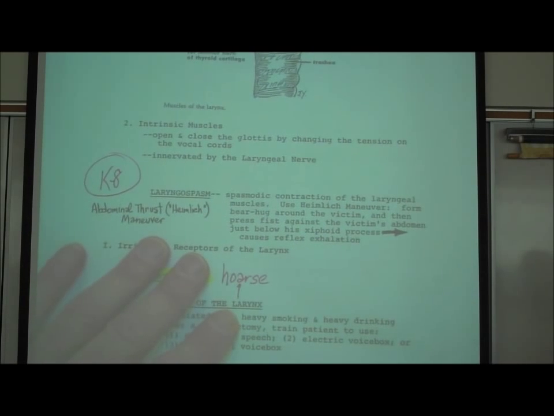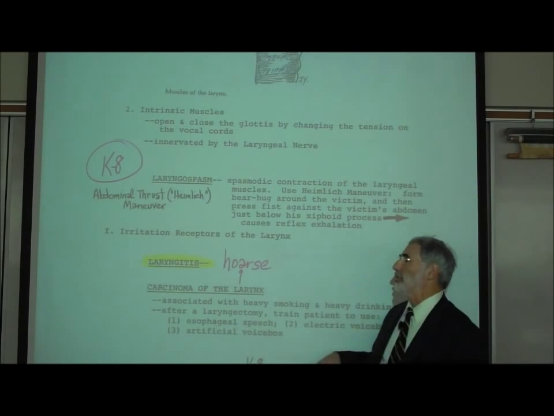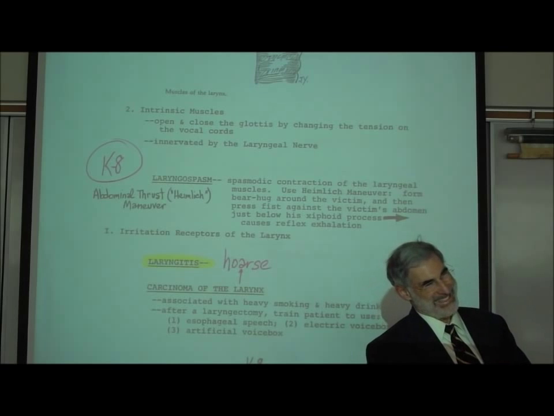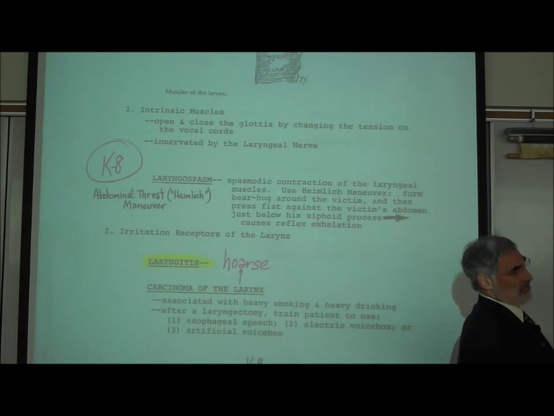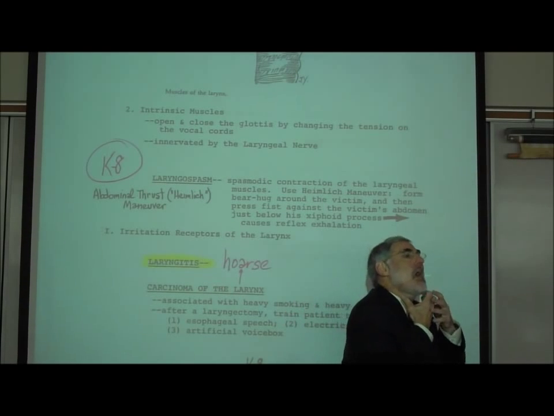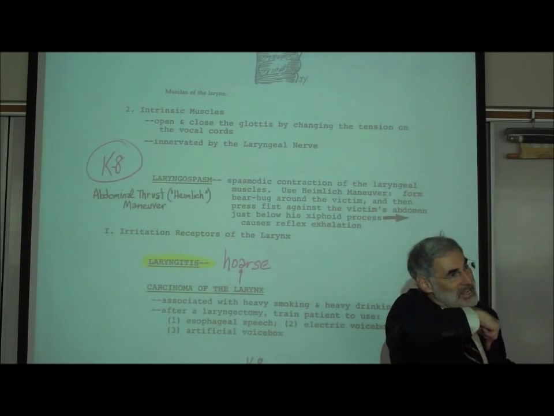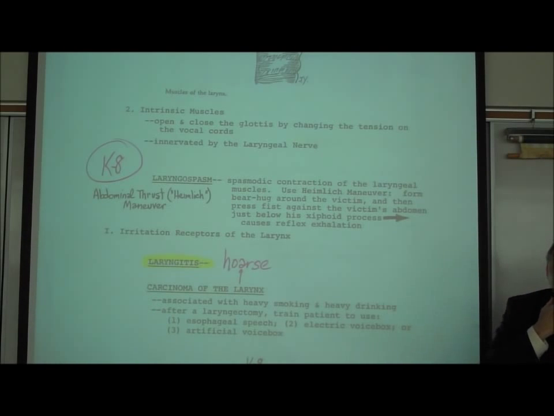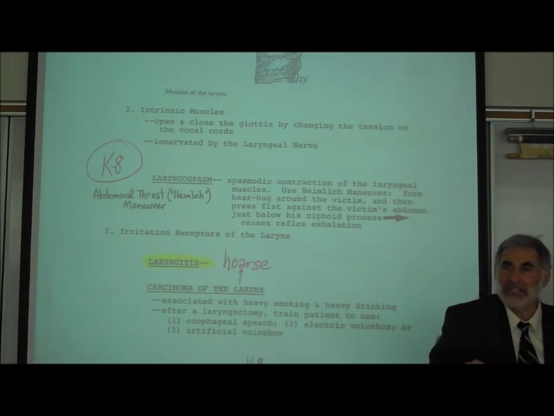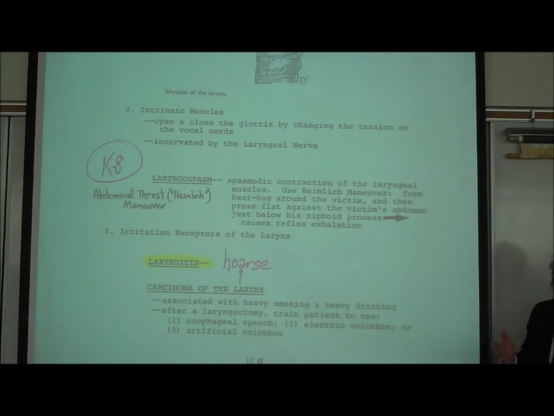The one thing I would like you to know on K8 is I put in capital letters, underline the word laryngospasm. A spasm is an involuntary contraction of a muscle. If these muscles of the larynx spasm or contract, so they tighten right around the larynx. Now remember, air has to flow through the larynx on its way to the trachea, on its way to the lungs. So if all these muscles around the larynx can spasm, tighten, constrict, it's going to be really difficult to breathe. So you might say, well, what would make them spasm?